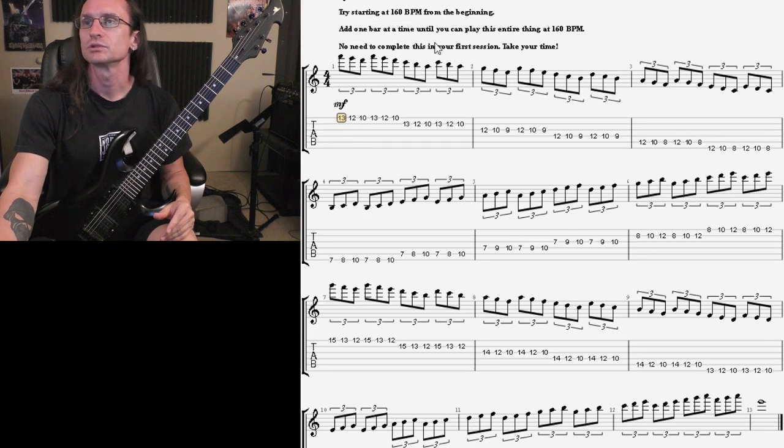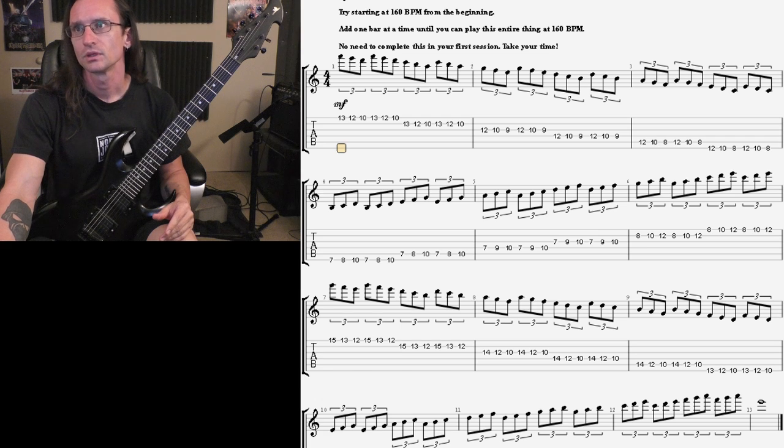Similar idea with number 2, building up some more endurance with these things. So 10-15 minutes would be good for this one as well, so you're not overwhelming yourself and going too far, because that's definitely a possibility, especially with things like this. So yeah, just adding a bar at a time would be good. Now when you add a